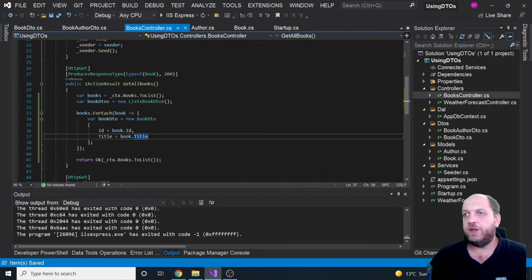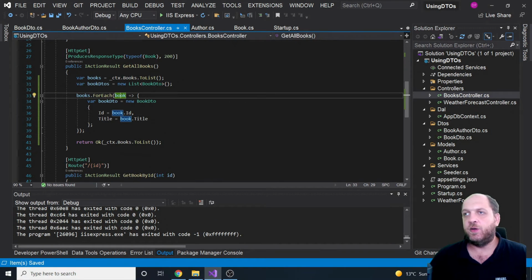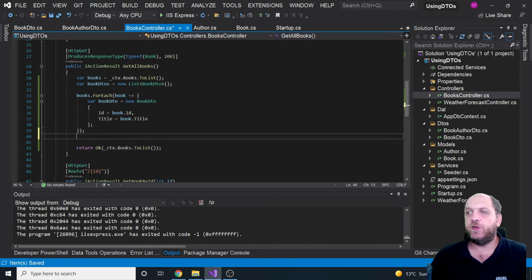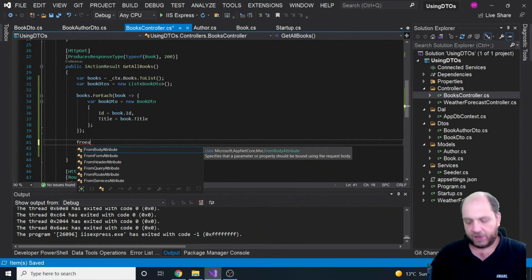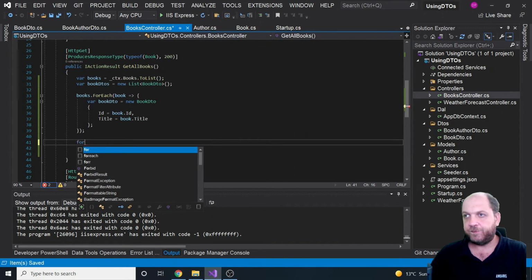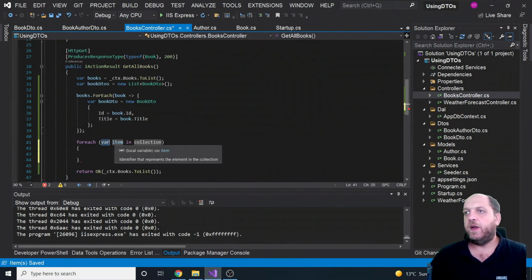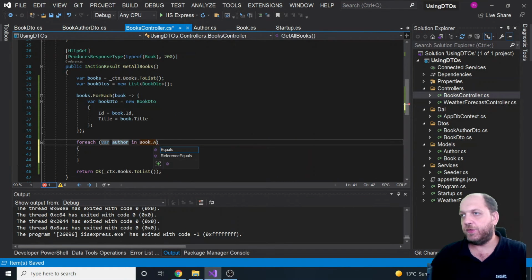And that's actually it. Right now, what we have to do is iterate through all the authors from the book that we receive from the database and create an AuthorDTO and add this to the BookDTO author list. So that might sound a little bit complicated, but in this case, let's alternate the techniques a little bit, and we'll use a foreach loop. And we see that foreach author in book.Authors,